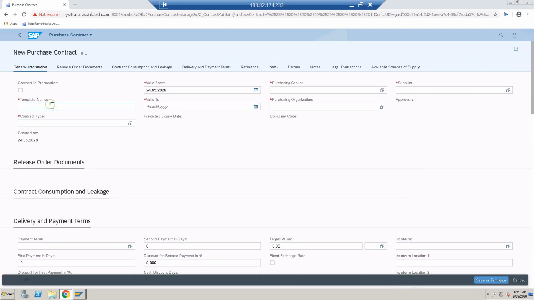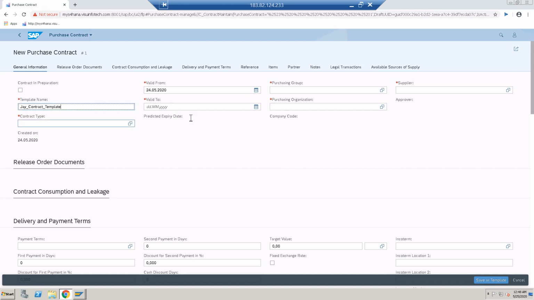Okay, first give the name of this template, j underscore contract underscore anything as you wish. Okay, j underscore contract template.